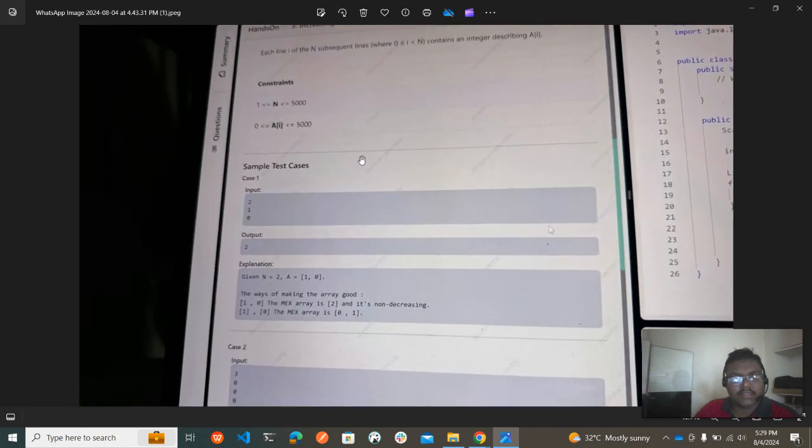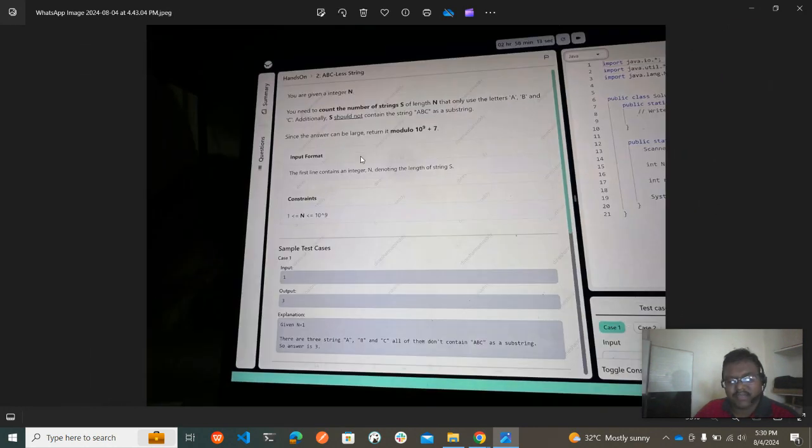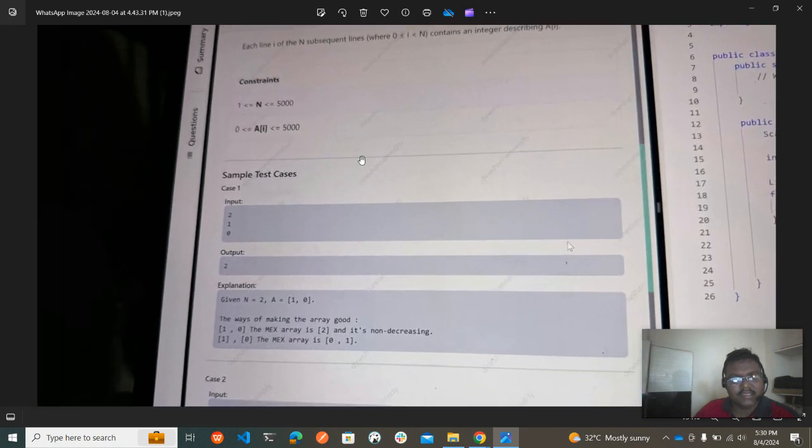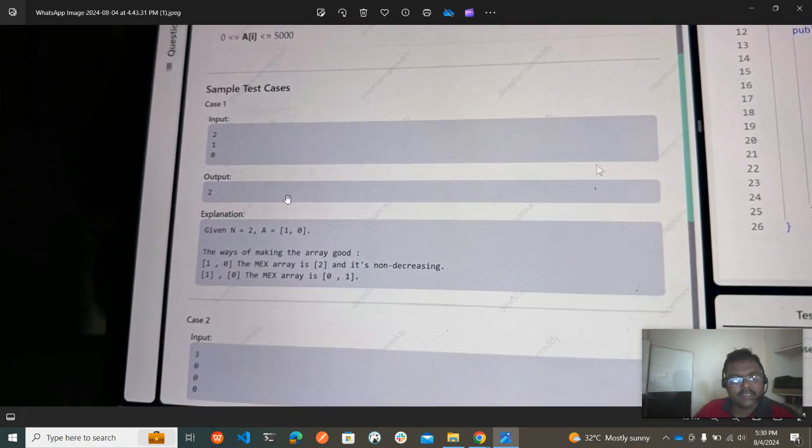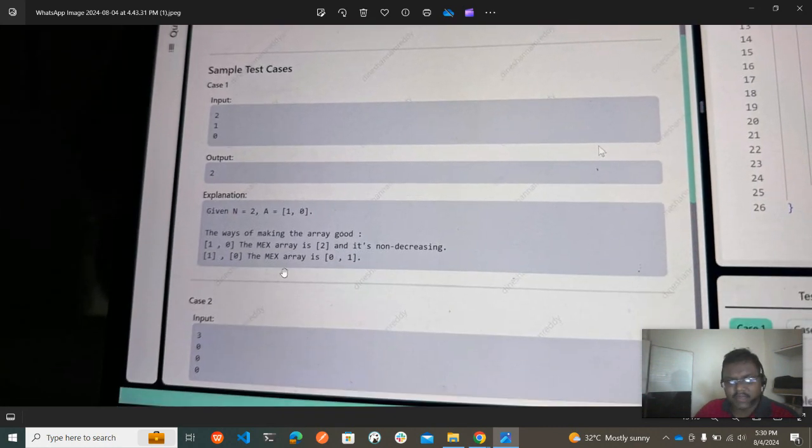Increasing mex. I think I have missed the heading part of the question, but let us see the samples. I think it won't make sense to just show test cases and explain. Let's see, 2 1 0 2, the given n is 2, a is equal to 1, 0. The way of making the array good is 1, 0, the mex is 2 and it's non-decreasing. For 1 and 0, the mex is 0, 1. So we have 2